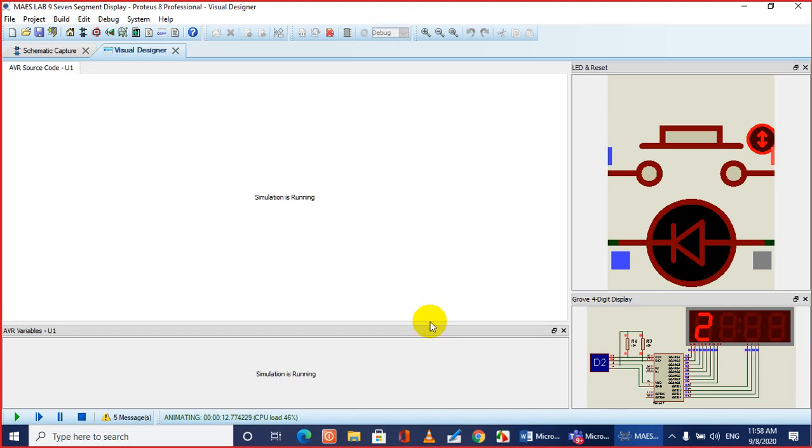So it will continue again and again until you power it off.